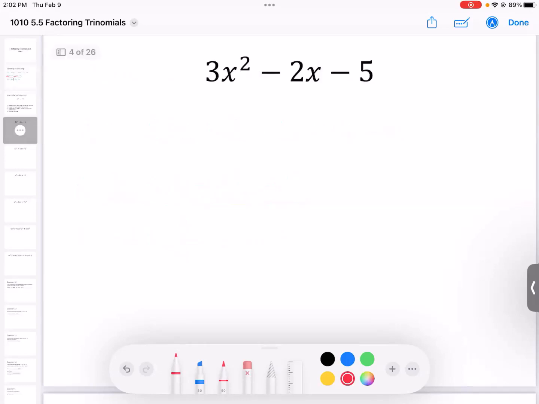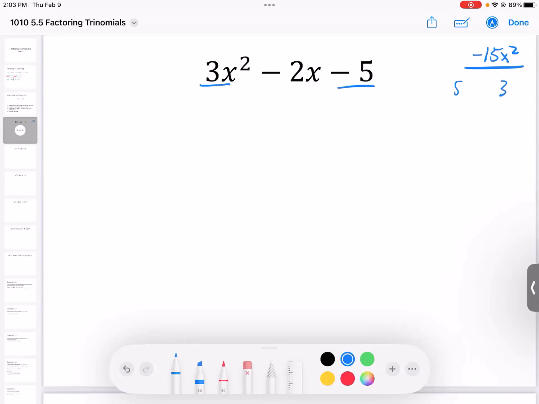So the strategy is you take your first and last terms. So in this case, we have a trinomial, so 3 terms, and we take our first and last terms and multiply them together. So in this case, we would get -15x squared. And you want to find 2 numbers or 2 things that multiply to equal -15x squared and add to -2x. So in this case, I'd think about, okay, well, what are all the things that multiply to equal 15? You could go 15 times 1, you could do 5 times 3,